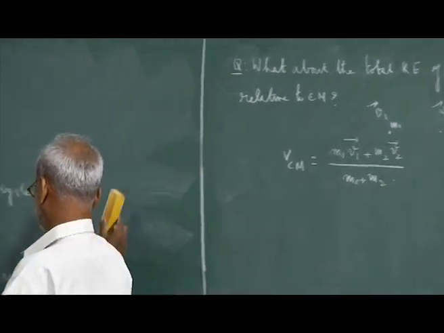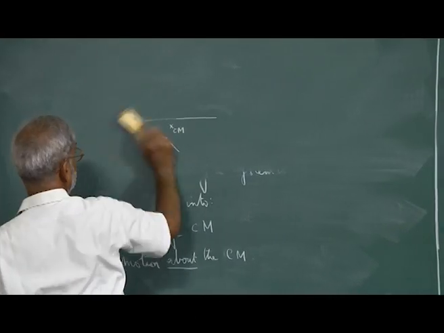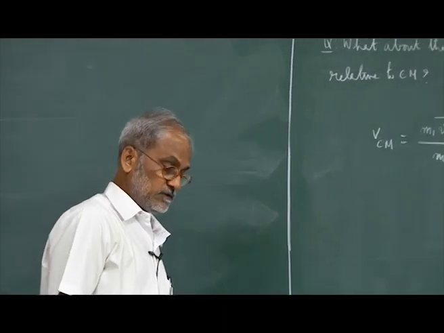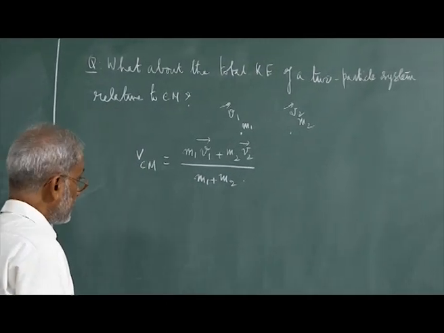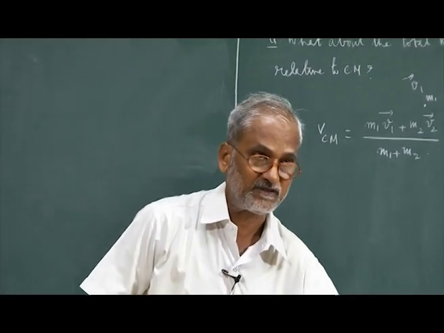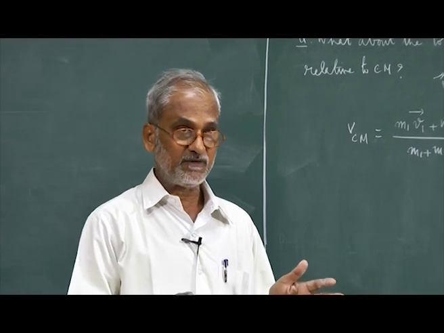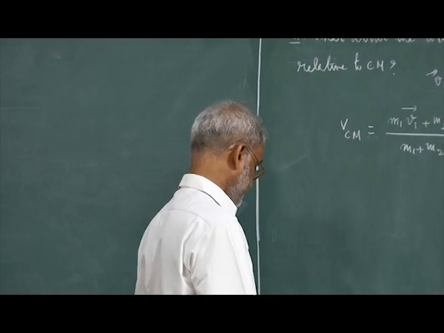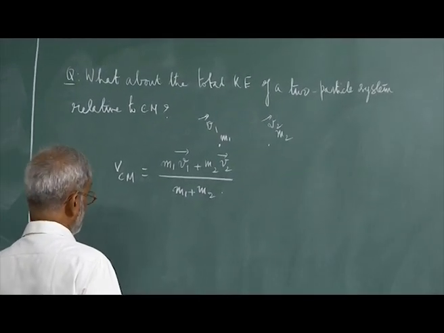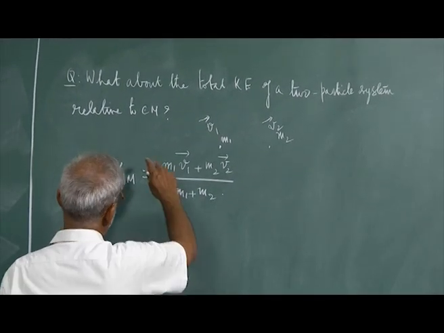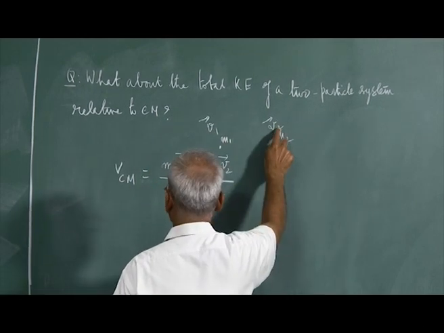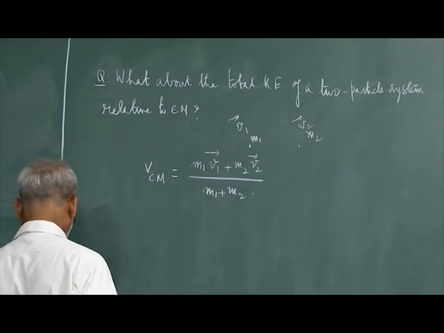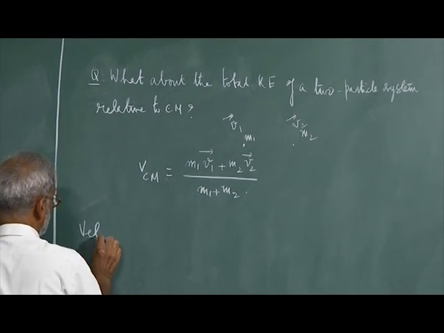Again we have the same situation as there are no external forces, only this is a two particle system. So as we had seen this problem yesterday, the simplest one is a two particle system. Let us work it out for this. What is the question we asked? We need to calculate the total kinetic energy of this system with respect to the center of mass, right. And so velocity of m1,